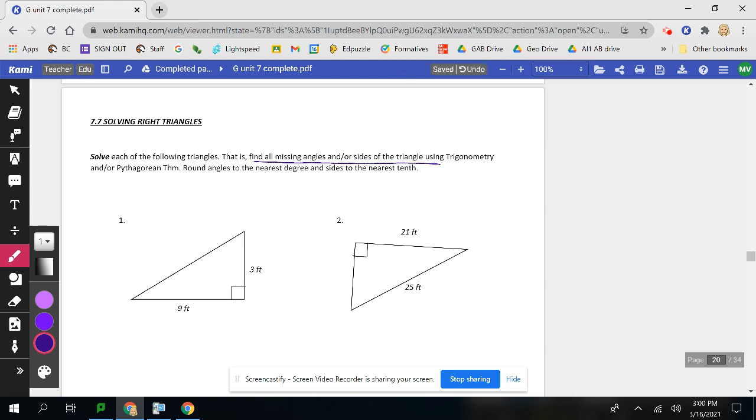We are going to use our trigonometry, which remember, sine of the angle is opposite over hypotenuse. Cosine of an angle is adjacent over hypotenuse, and tangent of an angle is the opposite over the adjacent side. The other thing we're going to use to help us is our Pythagorean theorem. Remember, Pythagorean theorem is a squared plus b squared equals c squared, and that c always has to be your